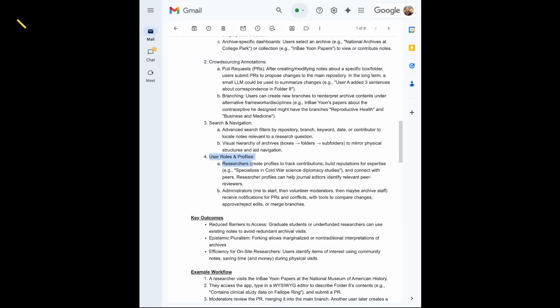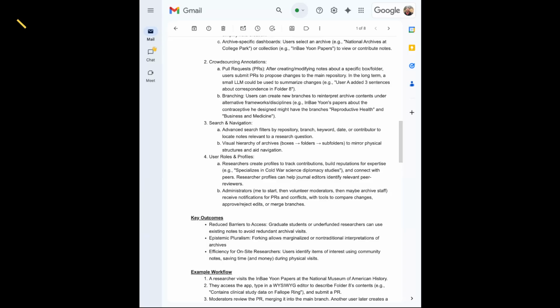I think for the first iteration, I'm not going to bring in the user roles and profiles. This is just me, but as a more front-end designer, UX, UI designer, when I'm interacting with these code generation assistants, I layer in authentication and user permissions after I've figured out the job that the actual product is performing.